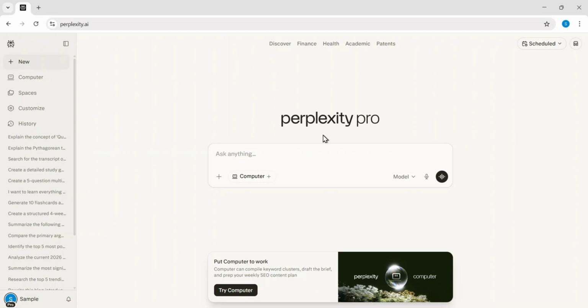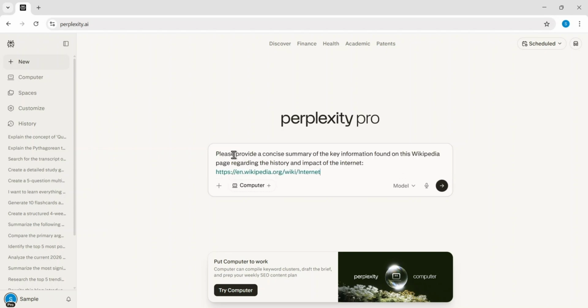In this video, I'll show you how to use Perplexity AI to quickly summarize any web page for better efficiency. I start by clicking into the main search bar and typing a request for a concise summary of a Wikipedia page about the history and impact of the internet. I make sure to include the specific URL so the AI can pull the most up-to-date information directly from the